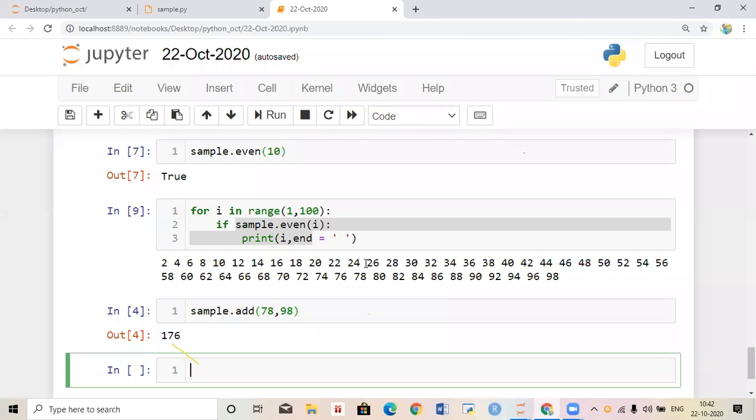Please respond. Did all of you understand how to import a module and how to use the methods available inside the module?